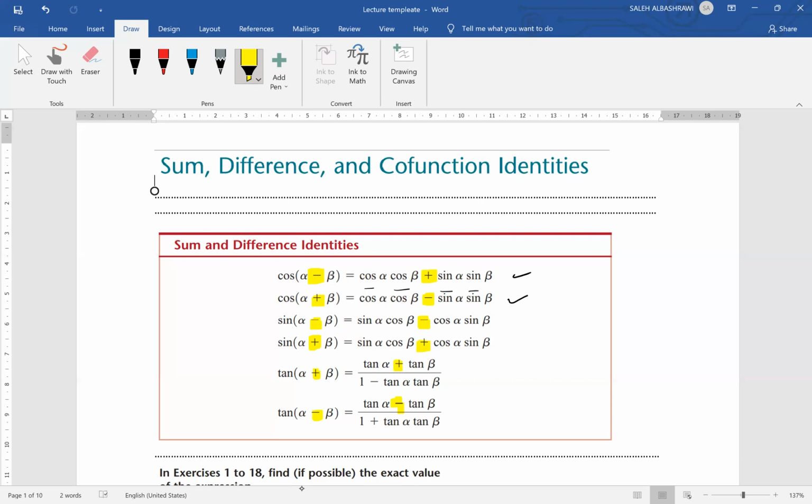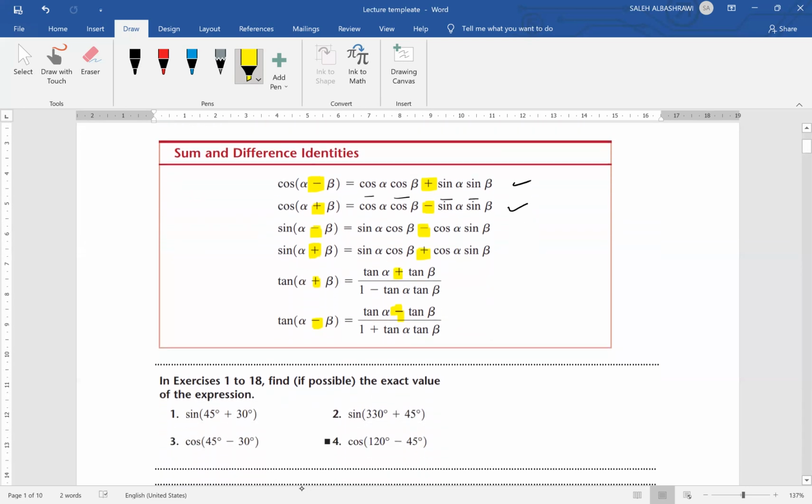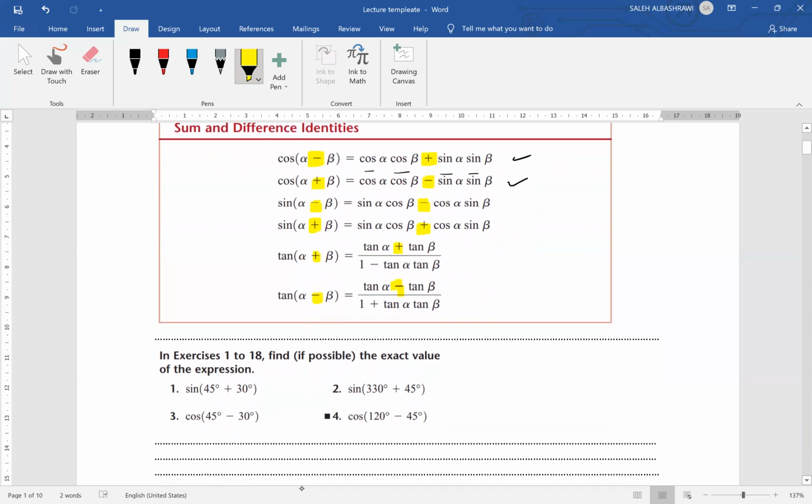Let's take some examples of how to apply these identities to find values for some trigonometric functions for non-special angles. For example, number one, I need to find the exact value for the given expressions. In the first example, sine 45 plus 30. 45 plus 30 equals 75. So we need to find the sine of 75